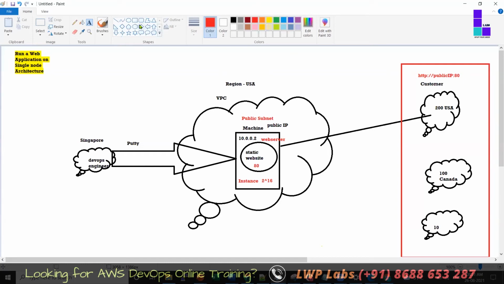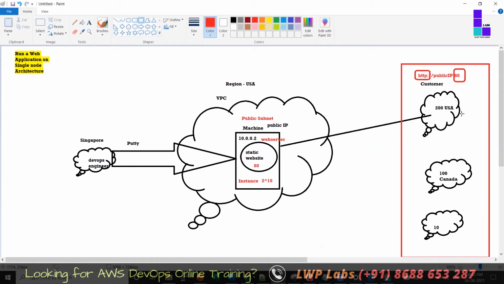Like in this particular class, we are studying HTTP. We are trying to understand what HTTP is in this whole class. HTTP is a protocol which my customer will use to connect to this server with the public IP and the port number. The public IP is this, and the port number is the address where this website is running with the help of the web server. So HTTP will always have a default port of 80. But can I change this port? Yes. Can I make it 81? Yes, my HTTP can also run on 81.